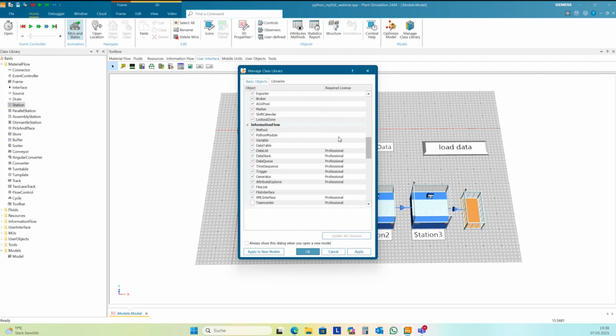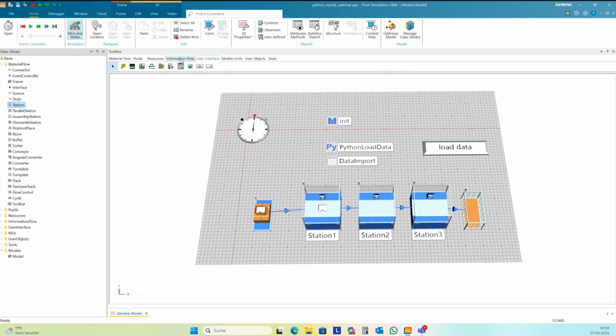There's no special license necessary for this, and the Python module is available since 2404. And then you find it here in the information flow, Python. It's only not marked in the default installation.